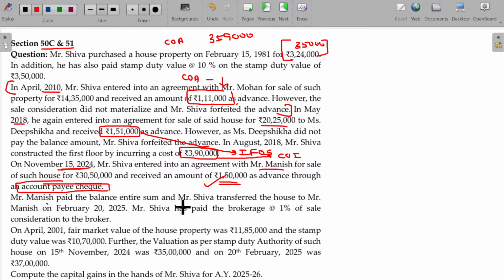Mr. Manish paid the entire balance sum and Mr. Shiva transferred the house property to Mr. Manish on this date. Mr. Shiva has paid the brokerage, 1% on sale consideration, to the broker. Now, sale consideration,